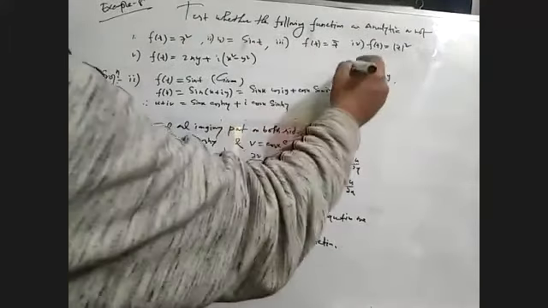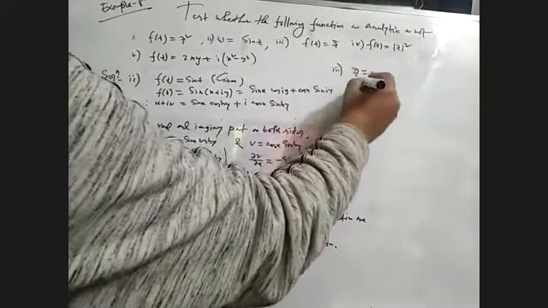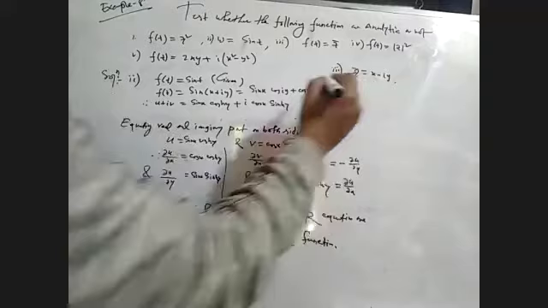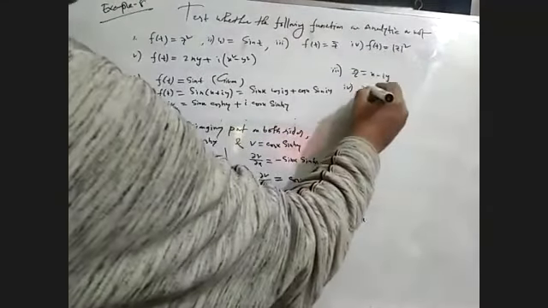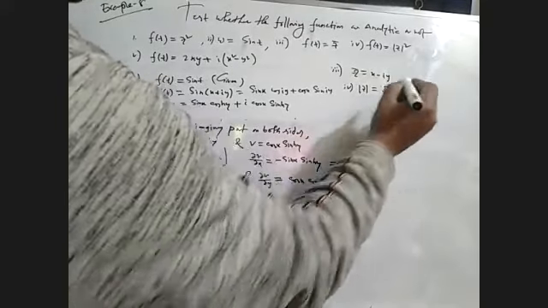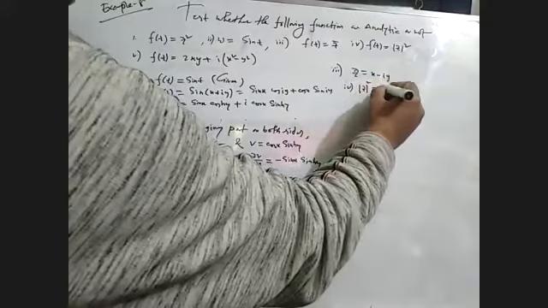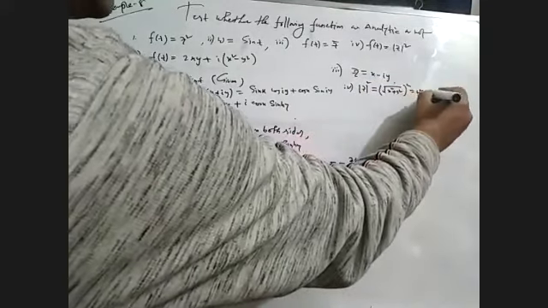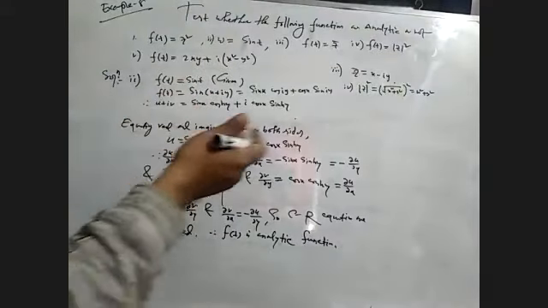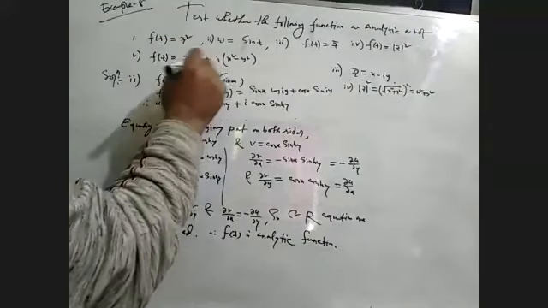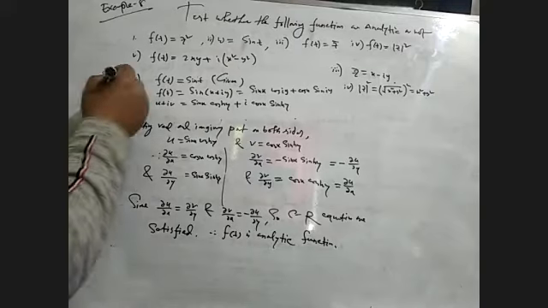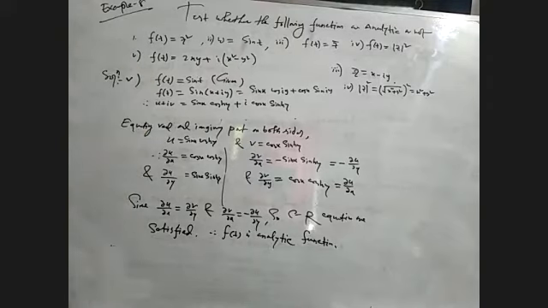So for number three, the complex conjugate will be x minus iy. Similarly for number four, the modulus of z equals the root of x square plus y square, right? So modulus of z square equals only x square plus y square. Just taking this, we can prove this result similarly, and this is also very easy. And number 5 will be homework for you. Do it quickly within 2 minutes.